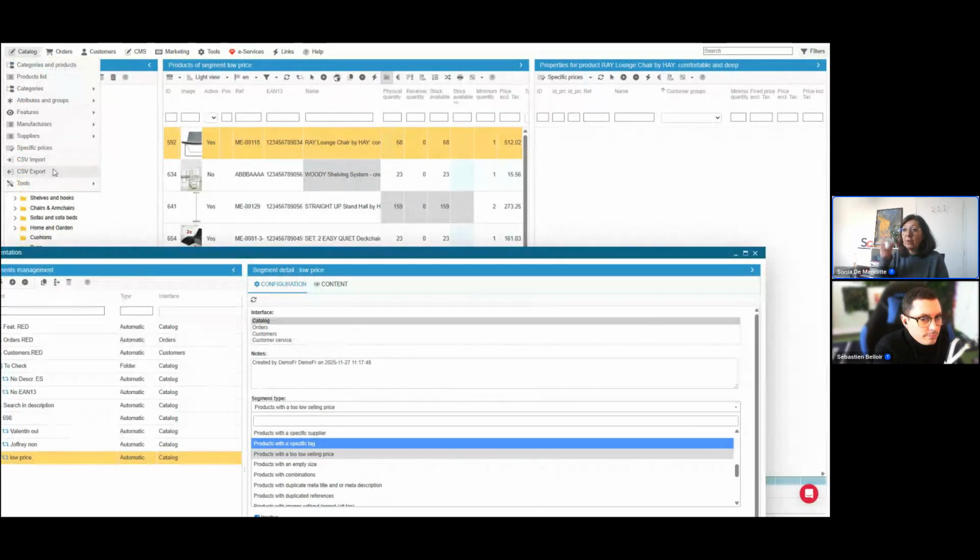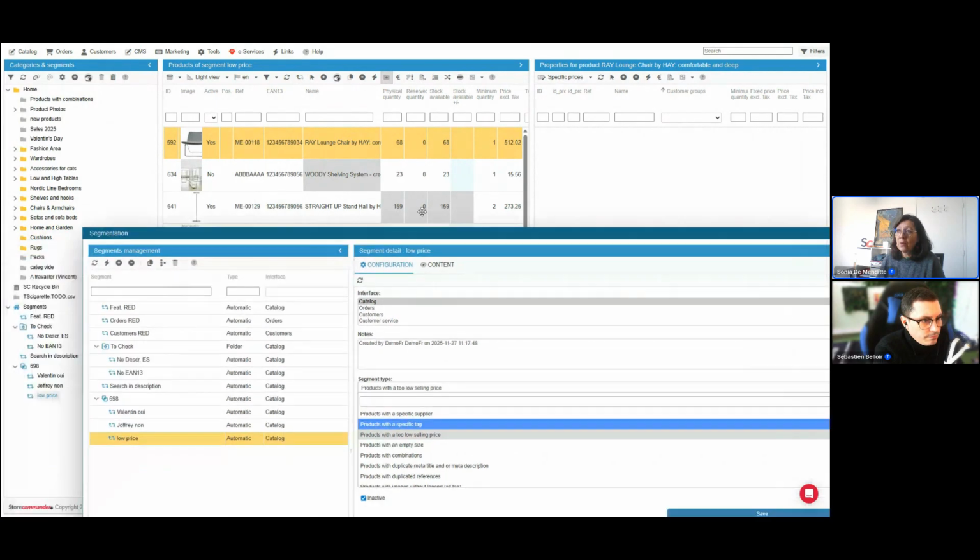So you have a file that you need to scroll and filter in your Excel to have only the products with no barcodes, and then add the barcodes. But you're in Excel, you're not on your shop. And that would be time-consuming. Once you've done that in Excel, you need to import to apply that information. Okay, that's feasible. You can export, import, no problem. If you want to work faster, you can use that segmentation.